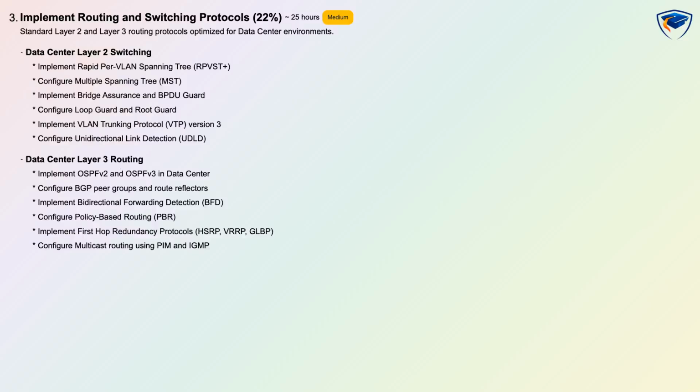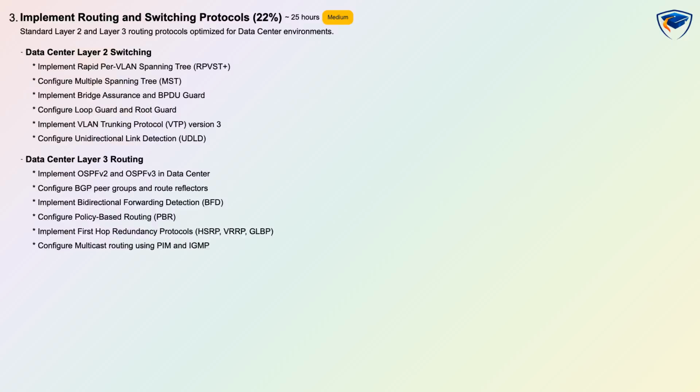On the Layer 3 side you will deploy OSPFv2 and OSPFv3, configure BGP peer groups and route reflectors, use BFD for fast failure detection, apply policy-based routing, implement first hop redundancy like HSRP or VRRP, and configure multicast routing with